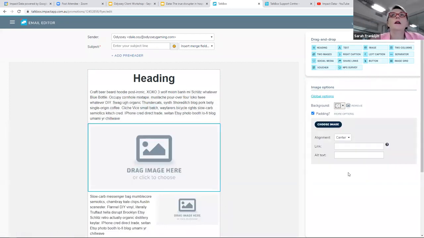The other thing to think about, and this is a really cool tip, I'm going to drop in an image over here. Almost nobody uses these features over here, which is obviously that you can link. So if it's a link to a beautiful photo of your brand new steak dinner, then link to it on your menu ordering, or if you've got it somewhere else where you've described how beautiful the Wagyu beef is or whatever it is. The best tool I can give you though, alt text. What that means is when someone is scanning their phone or the email address, and the image doesn't load, the alt text will tell them what the image is.